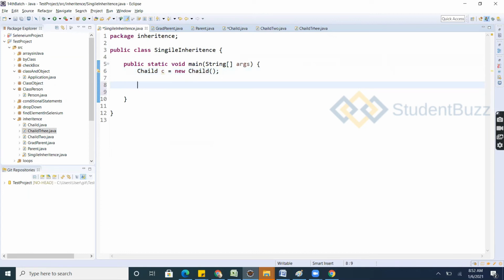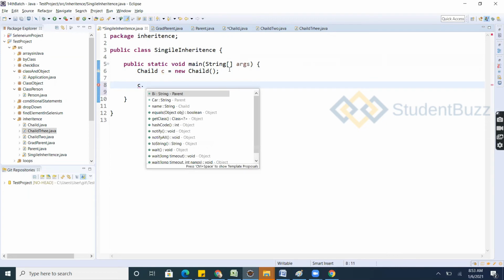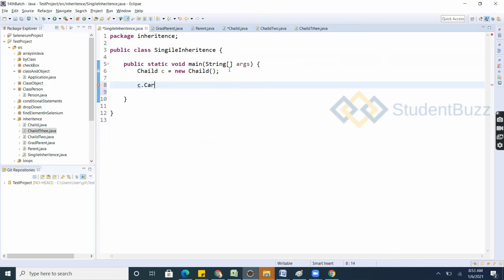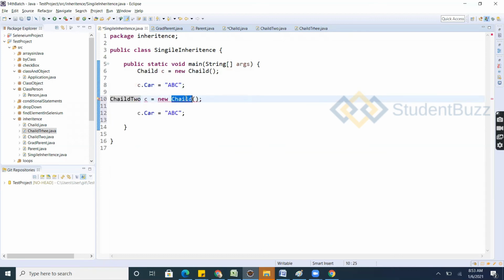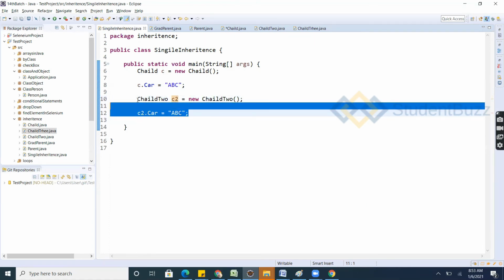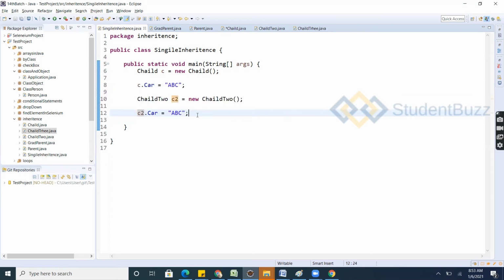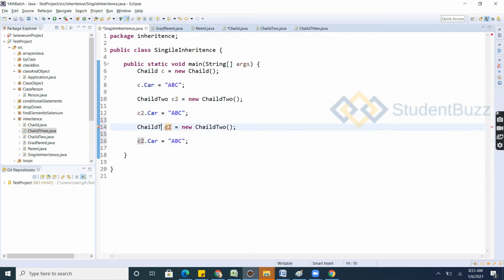Child 1 dot, what he wants is car. And child 2 also, if you have this child 2 and child 3, you can create objects for child 2. Child 2 can also access it. There is no issue. You'll see child 3 also can access the same, not having any issue.